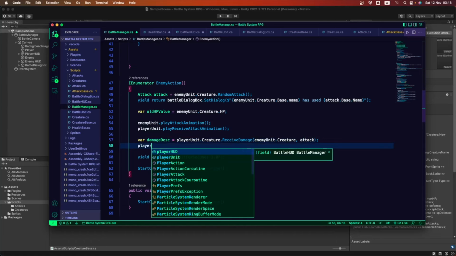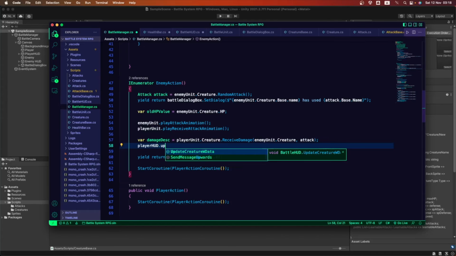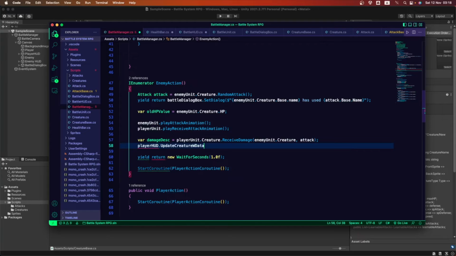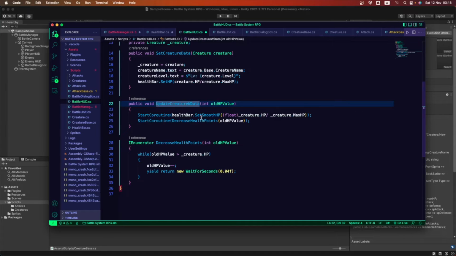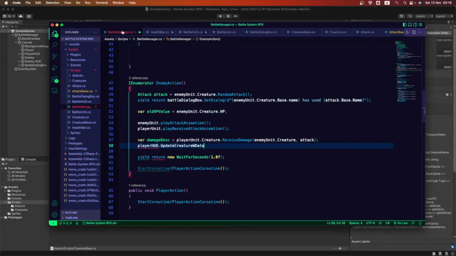So now in our player HUD, we wanna update our creature data, and let me fix that one. I have a typo here, so let's go into our battle HUD, update creature data. There it is. Sorry for that. So let's go back into here and update creature data.